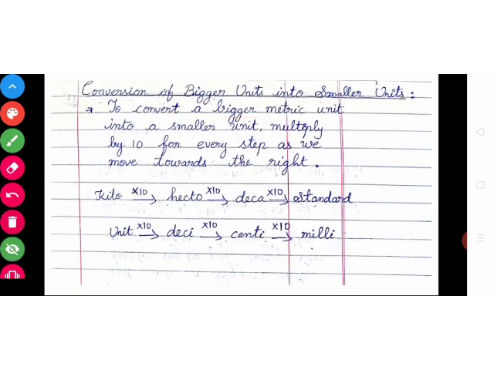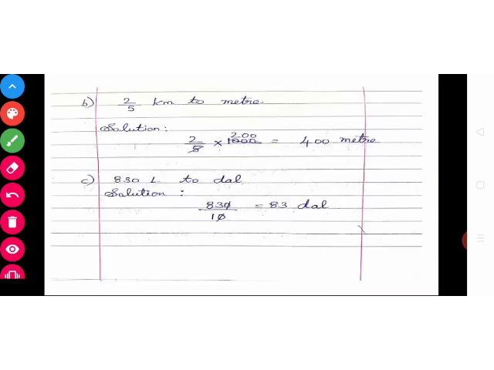Kilometer into meter. Where is kilometer? Consider this as kilo. So this is kilometer. And then that standard unit, it is there, meter. So 10 tens are 100, 100 into 10, 1000. Okay children. So you want to multiply with 1000.